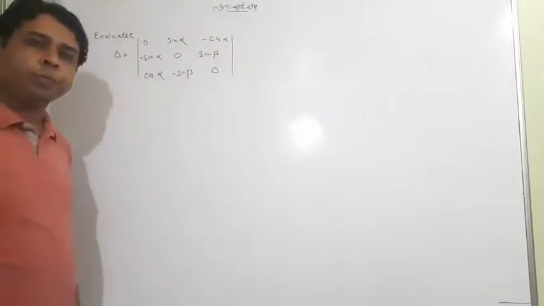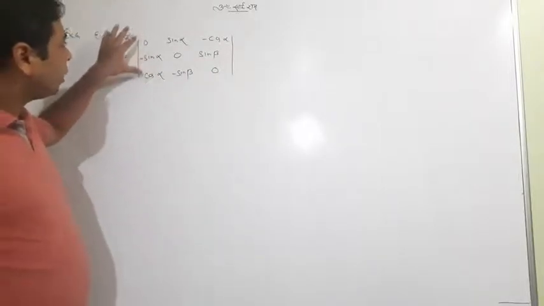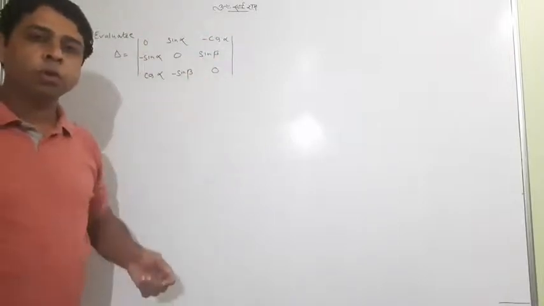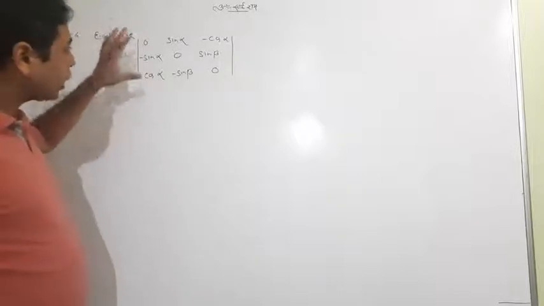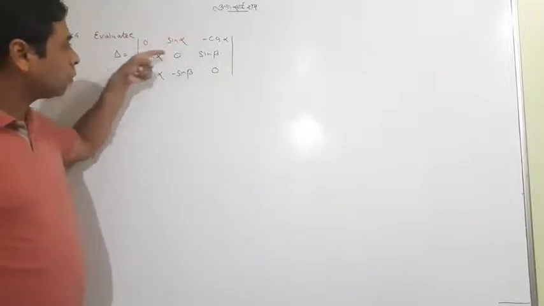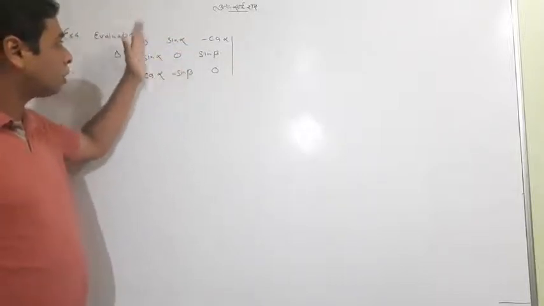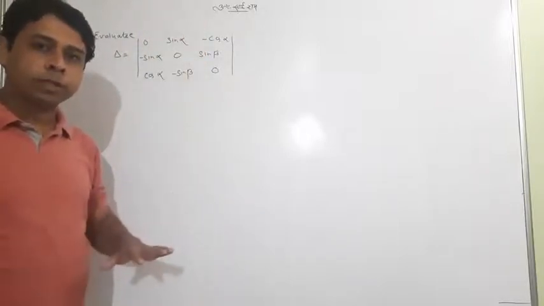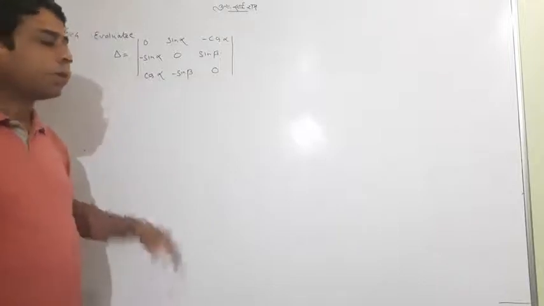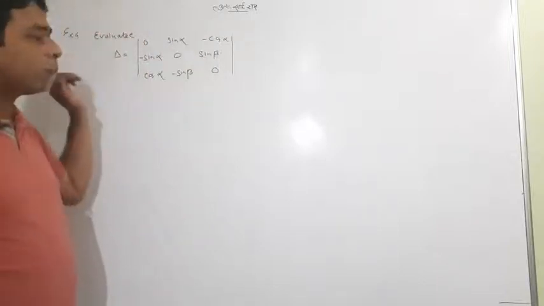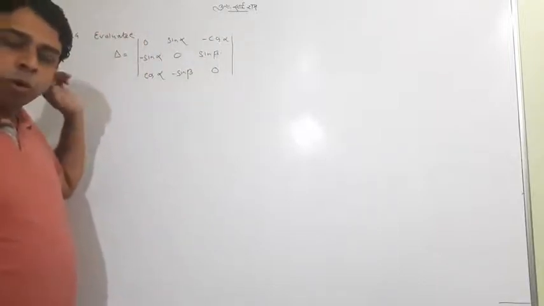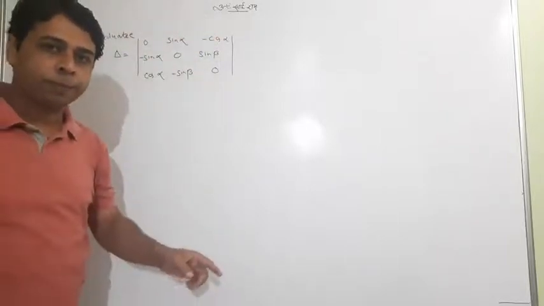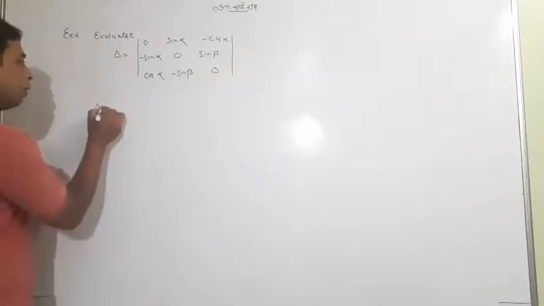Whenever it is told like this, it is not mentioning along which you have to open it, meaning you can expand along the first row, second row, third row, first column, second column, third column, even with the help of minors or cofactors. But I suggest you, whenever it is a free question without the language, you always open along the first row with the help of minors. I taught you that. How do we do it?